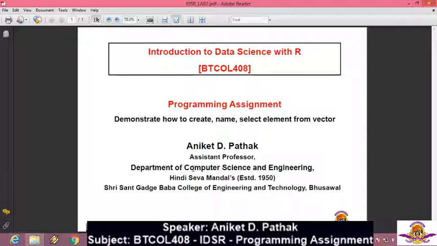Also we covered two more things, that is vector arithmetic and how the elements in a vector get sorted. So that is it for this programming assignment. I hope you have understood it. If any comments, you can post. Thank you.